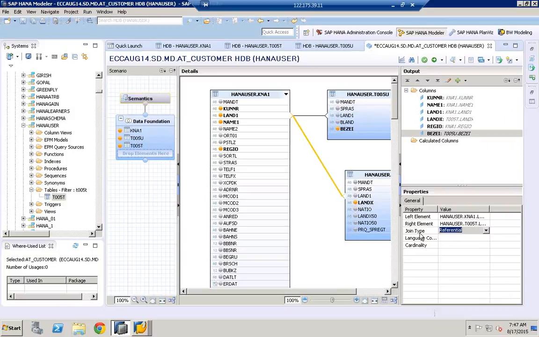If you see the join type, there are several join types over here: referential join, inner join, left outer, right outer, text join. We need to select the join type text join. Now why only text join? The reason being,